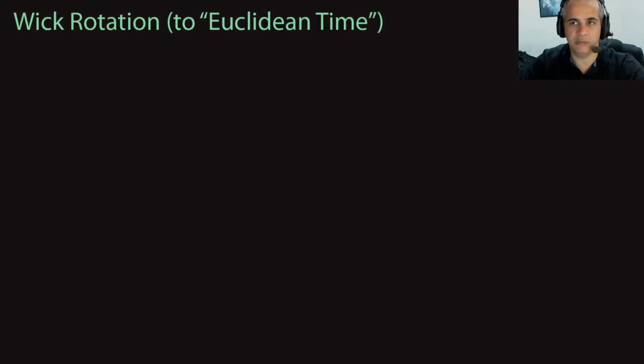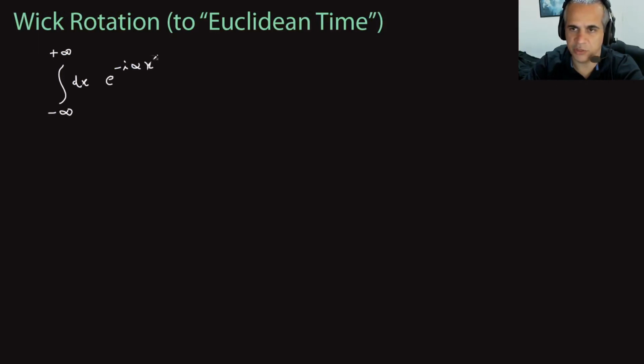So we are talking about what is called the Euclidean time. Consider the following integral, which has appeared already a few times in a very similar form to this one. So that's essentially a Gaussian integral, but you have this imaginary part here. So it's an integral over this imaginary Gaussian. Right? So we know that this integral makes sense if we take either alpha or x to be slightly imaginary,